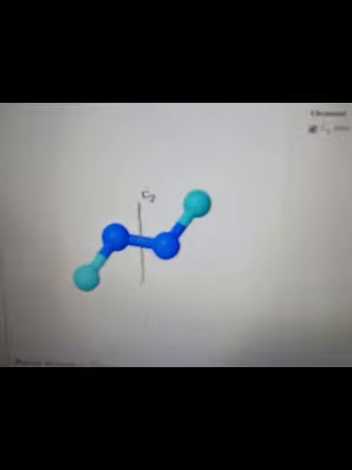Now I'll just show you how the rotation is possible. This is how the rotation is possible along the C2 axis. So along that C2 axis rotation is possible, therefore it gives an equivalent structure and it has a rotational axis of symmetry. And coming to the plane of symmetry, it should be perpendicular to the rotational axis, that is the principal axis. Since difluorodiazine has only one rotational axis of symmetry and that is C2, perpendicular to this will be the sigma h. So this is how the sigma h is present.